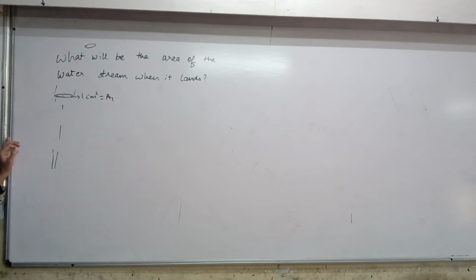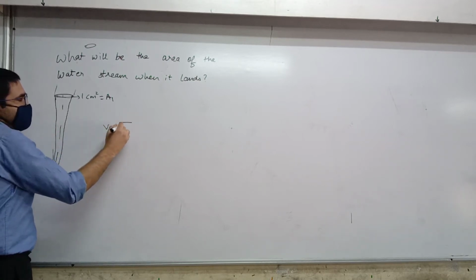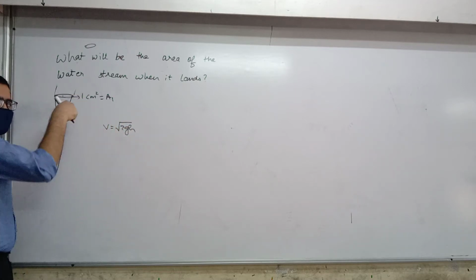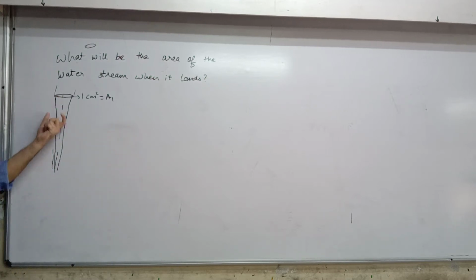Let's say A. And I'm sure you would have noticed that as a water stream goes down, it gets narrow or very thin. Yes. This is explained by Bernoulli's theorem. As it goes down, because everywhere there is atmospheric pressure, the height decreases so the speed increases. Or you can explain it by this V equal to under root 2g. Do you remember that? Gravity, acceleration due to gravity. Either way, both are the same, correct. So as the speed will increase, the area will decrease.